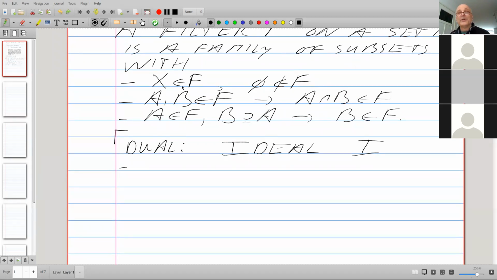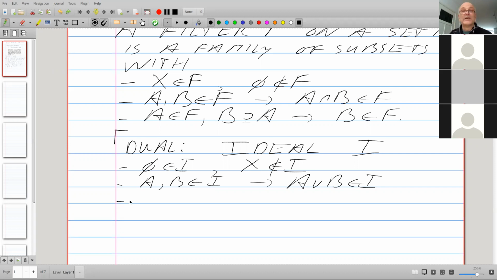So X should belong to the filter. What should belong to the ideal? Well, the empty set should be in the ideal, and the whole set should not be. What's dual to intersection? Well, union. And what is dual to the third property? Well, if something is in the ideal and something else is a subset, then that should belong to the ideal.